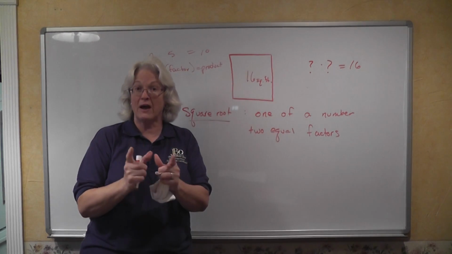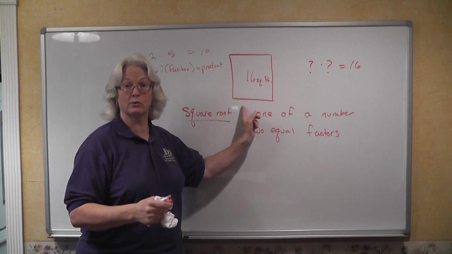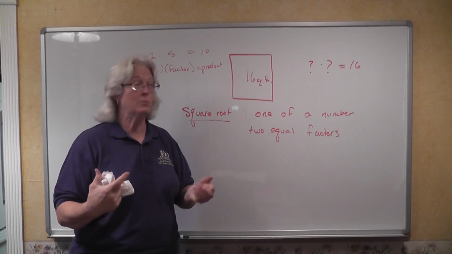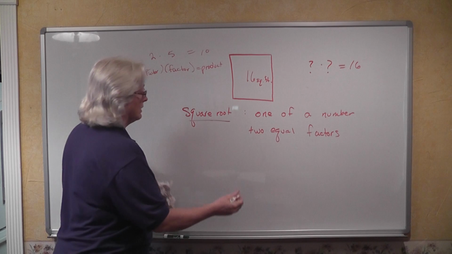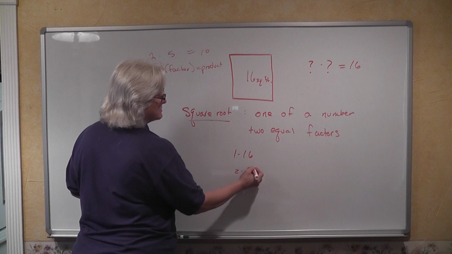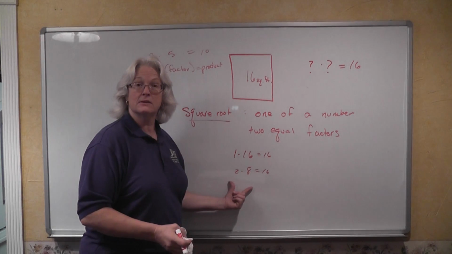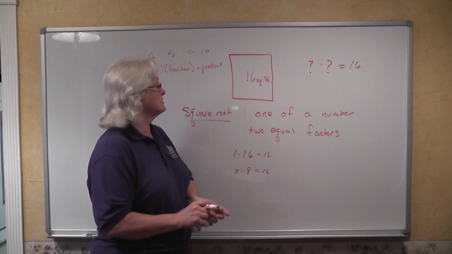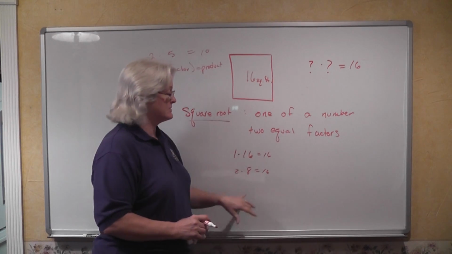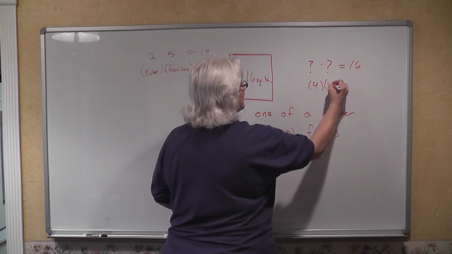But not only two factors that multiply together to equal 16, they have to be the same factor because we have a square going on. So let's just think in general, how do you come up with what two factors would equal 16? Well, obviously, 1 times 16 is 16. 2 times 8 is 16. But these factors right here don't meet our solution because we have a square garden here, so the factors have to be the same. And obviously, the number that we're looking for is 4 times 4